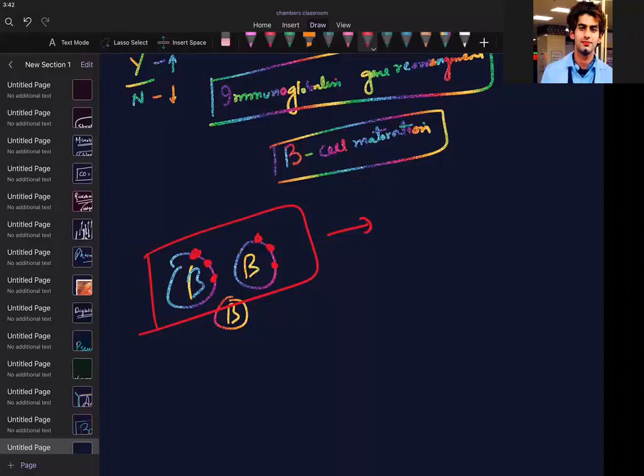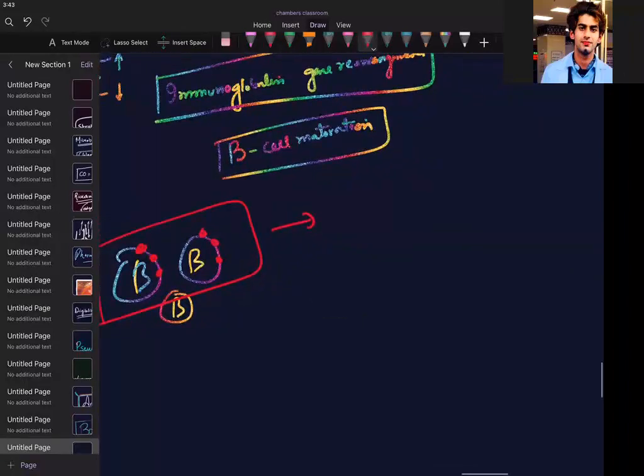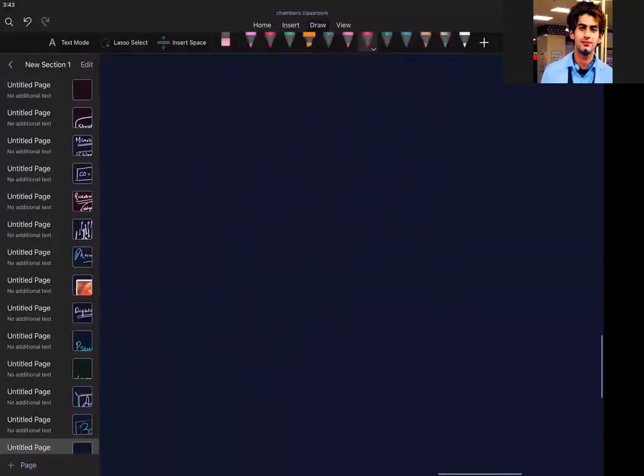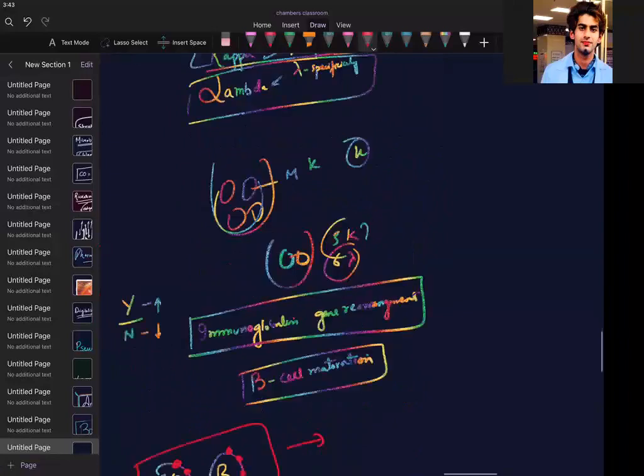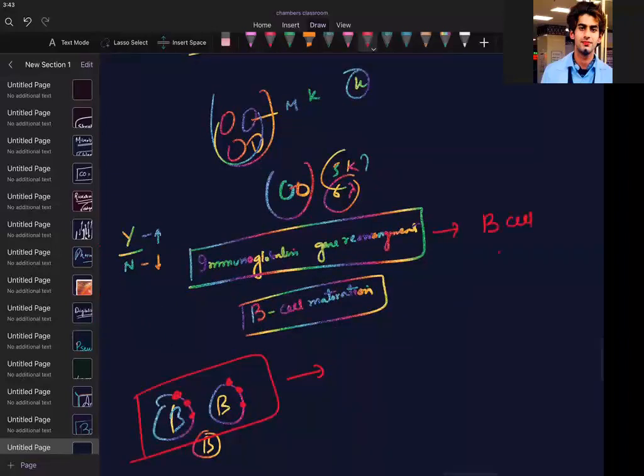So where do you mostly speak about immunoglobulin? Do you speak about T cells or do you speak about B cells? Very nice, B cells. So can I say that the immunoglobulin gene rearrangement approach can be used to determine the B cell tumor? That's why we are using immunoglobulin gene rearrangement for B cell origin. To check the B cell origin, I am using this rearrangement.